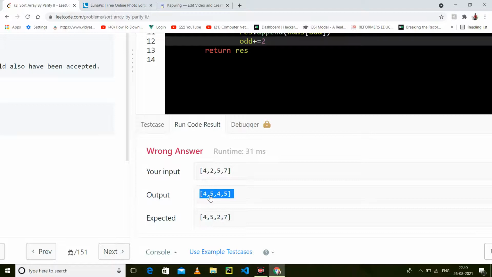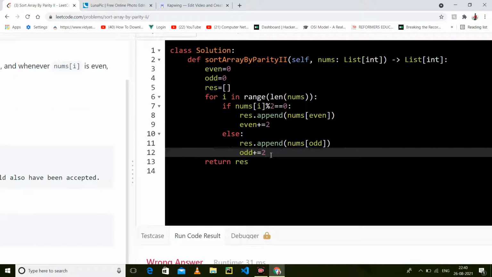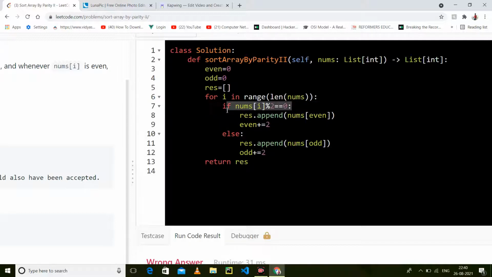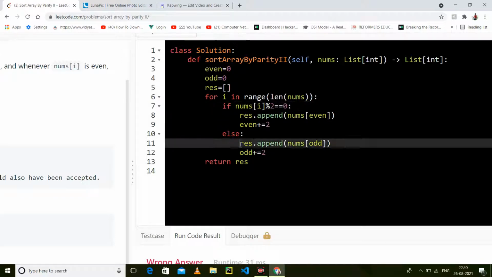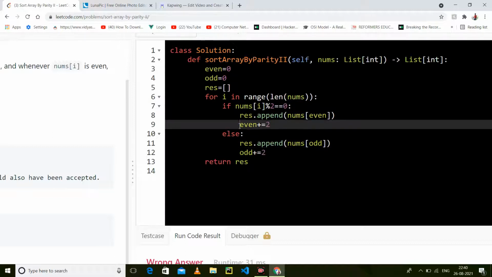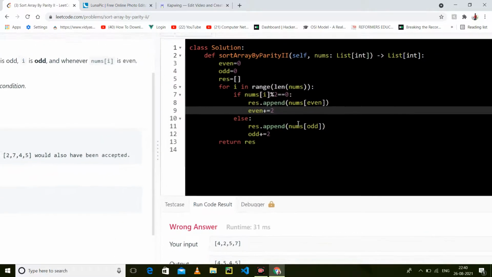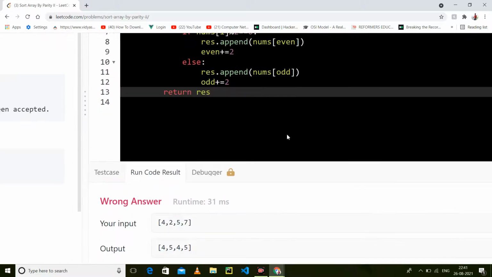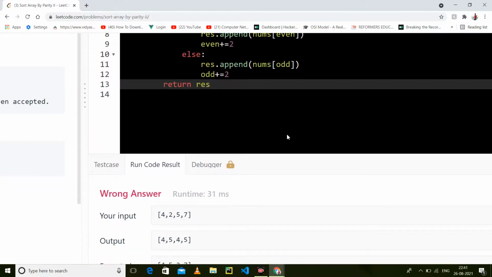What is wrong in this? So let's find it.